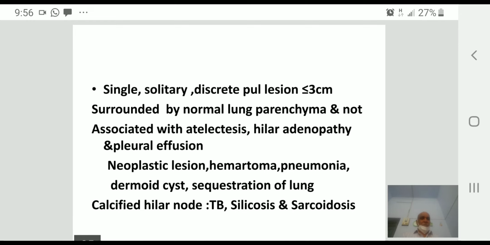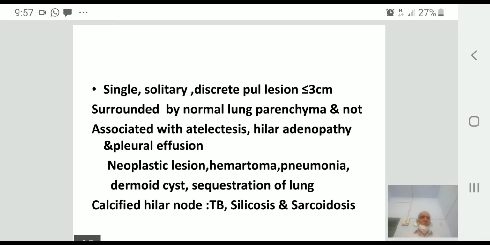If it is more than 2 cm, in an aged person more than 60, with irregular margin and history of smoking, it favors malignancy. So surgical intervention is essential when you find the above findings, and it may increase in the follow-up X-ray taken after 6 months or after 1 year.